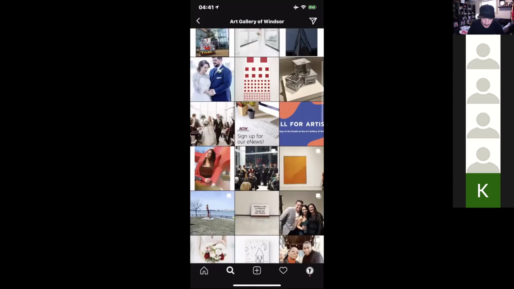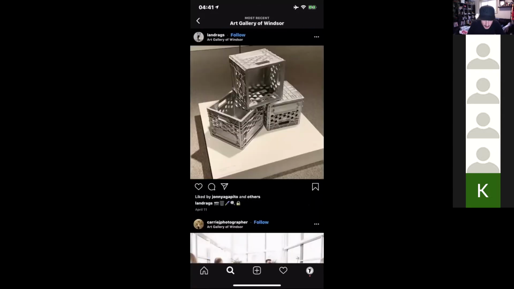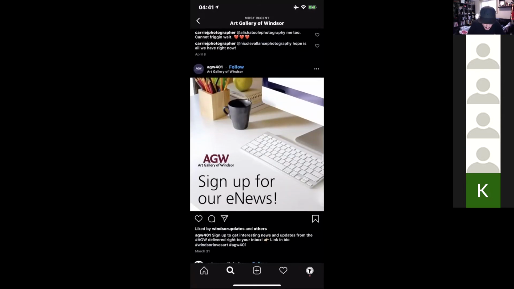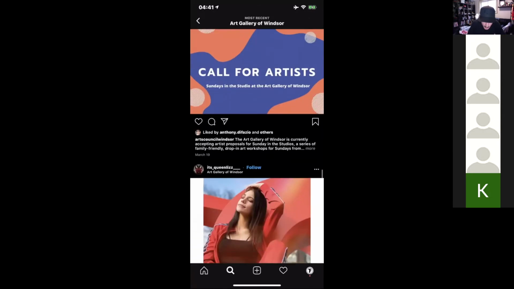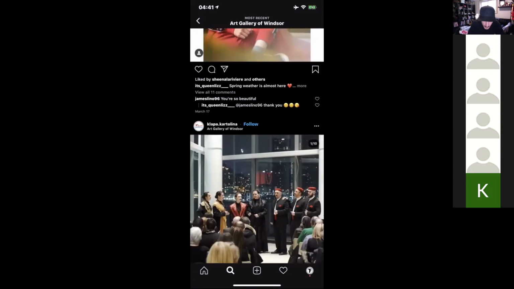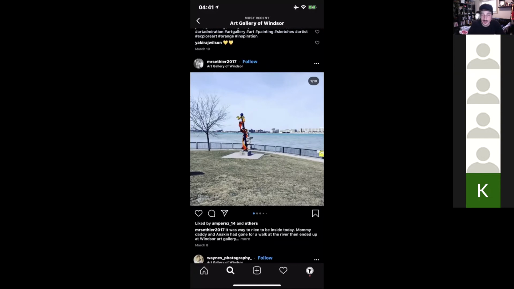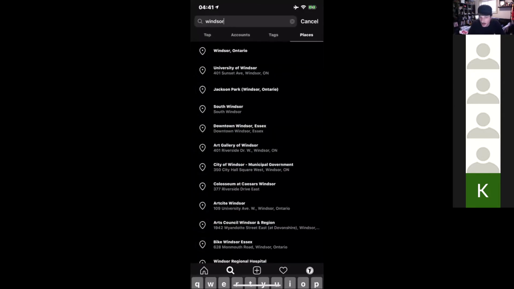So I'm going to go through here, and here we go. I'm just going to start liking some people's pictures. And it's really that simple. But all of these people are going to get a notification, which is essentially better than a billboard. It's like a personal billboard in their hand saying, look at this, what is it? So what other ways can we do that?